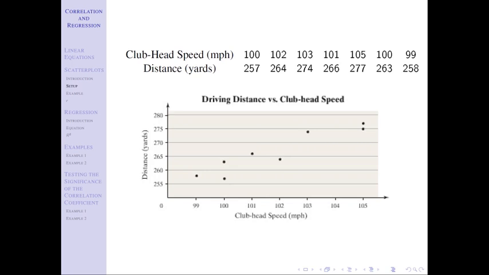And I would say that's fairly strong because if I were to draw a line that kind of goes through, and I'm using goes through in air quotes, those points are all relatively close to that line as opposed to the points still going in the upward direction but being further apart. The idea being, if you can see my pointer here, the line that would exist between these points, the points aren't very far from that line, as opposed to if some of these points were further up here or further in here and it's spread further apart. Okay, so I would say this is a relatively linear pattern that is positive and relatively strong.